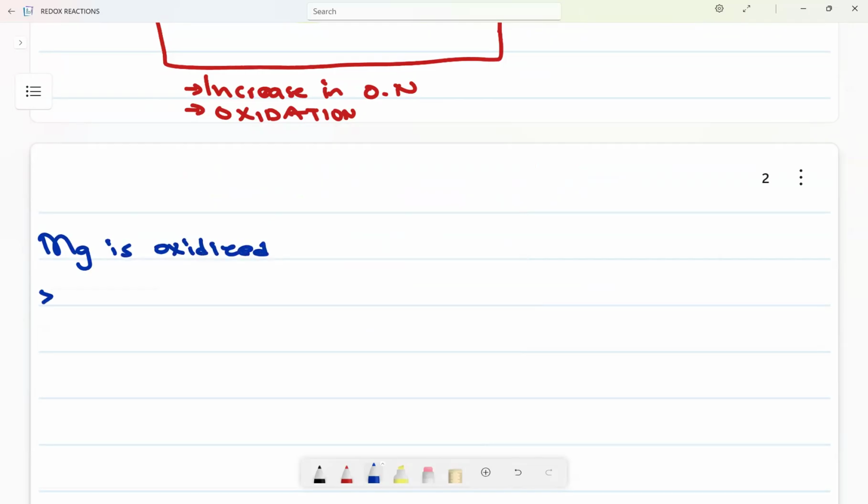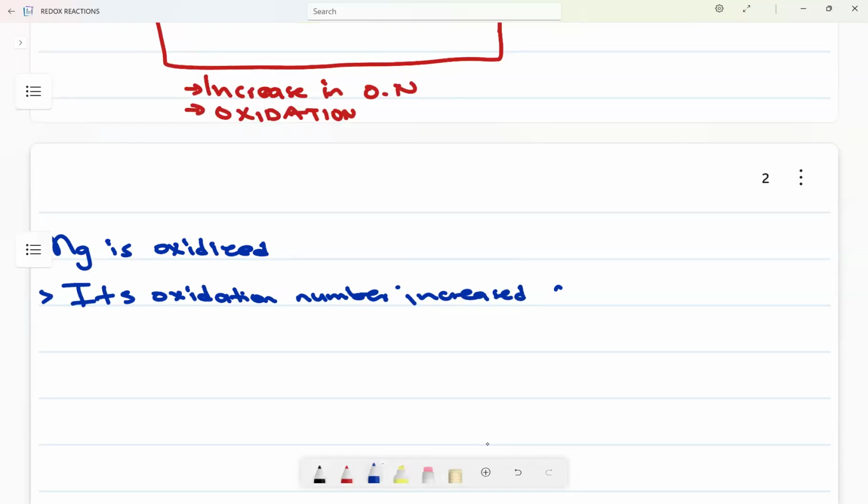How do I know that? Its oxidation number increased from 0 to plus 2, not 2 plus 2. Okay? And now, remember, a substance that is oxidized, it means it